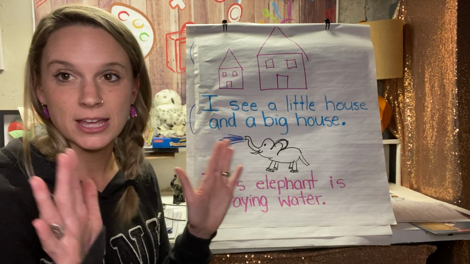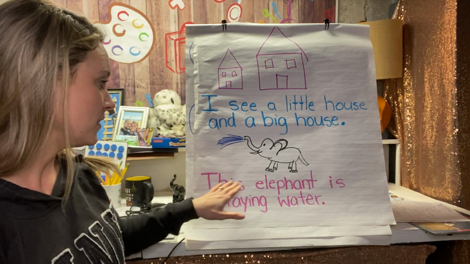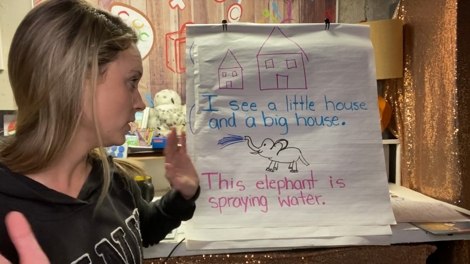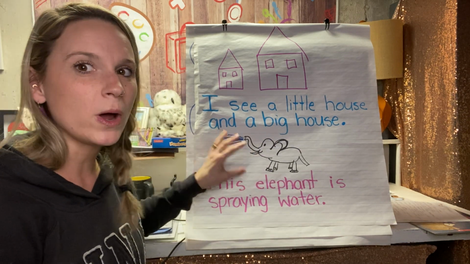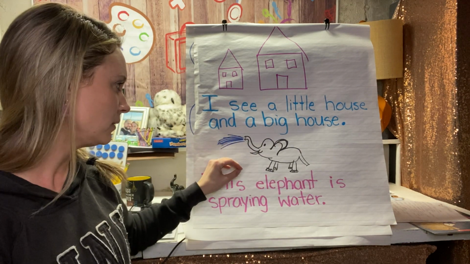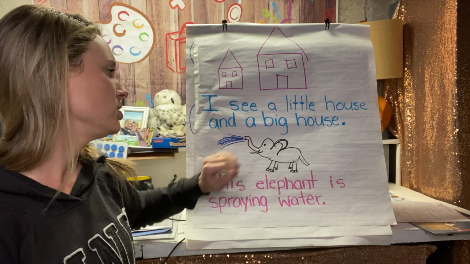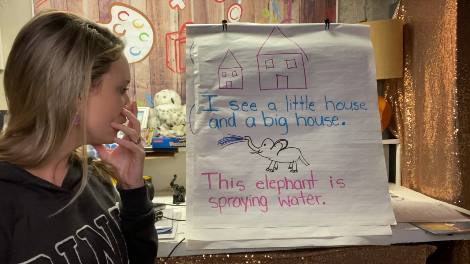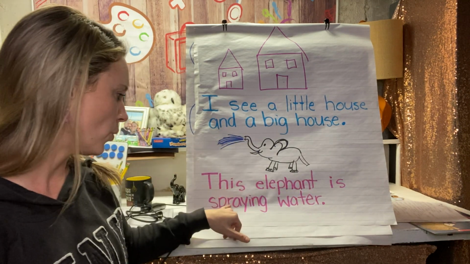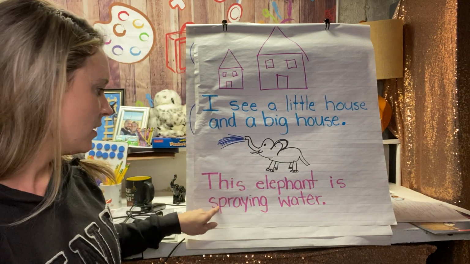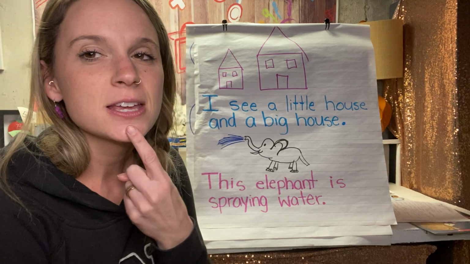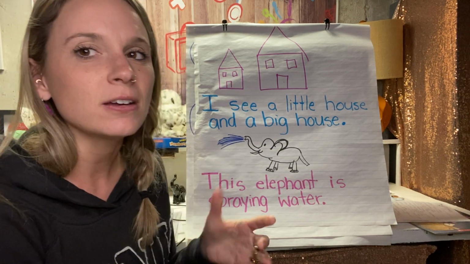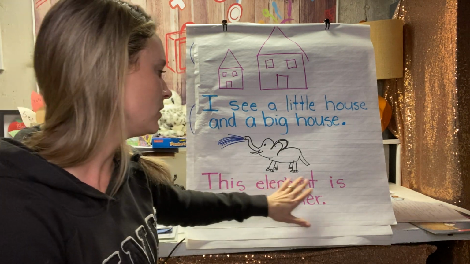okay, so let's think. Let's not get scared yet, okay? This elephant is two words I got to figure out. So I'm going to go back to my picture. I'm going to look, what is the elephant doing? I see water, I see trunk, I see his nose. Okay, this elephant is nose. No, can't be that. Okay, here's an S for this word. That S says S. Okay, so now I have to get my mouth ready. This elephant is